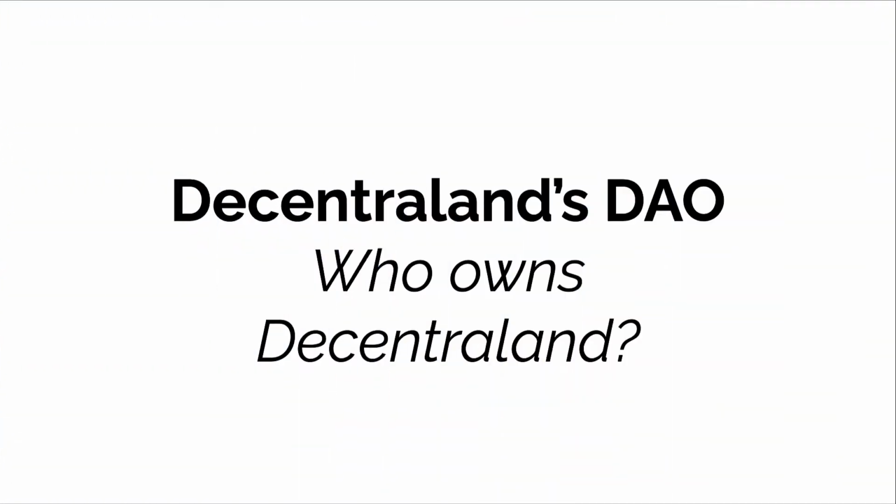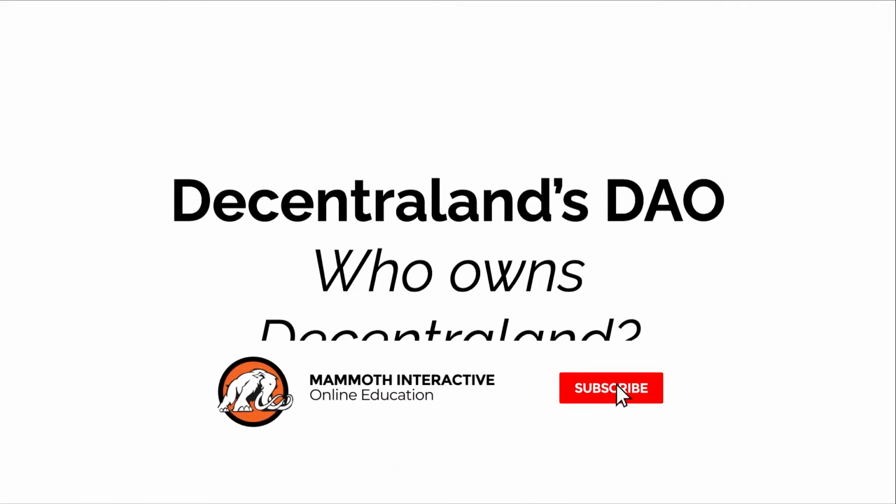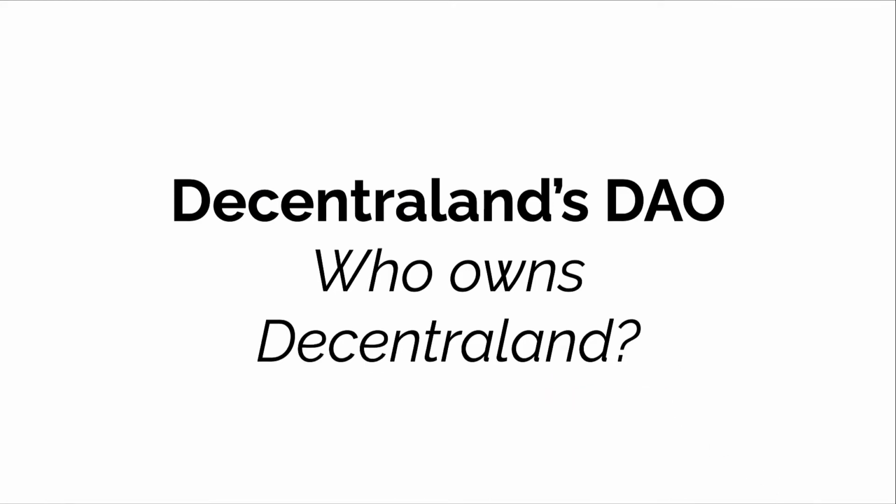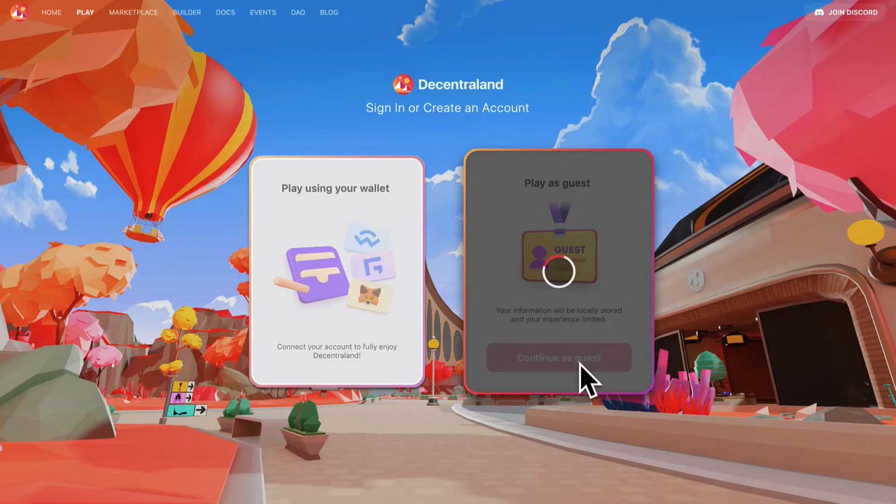Hello everyone and welcome back. In this lecture, we are discussing what is Decentraland's decentralized autonomous organization, DAO, also commonly called the Decentralized Autonomous Company. Who runs Decentraland? Who owns Decentraland? The answer is Decentraland runs itself and no one owns Decentraland. It is a decentralized entity and a decentralized organization, meaning that the blockchain smart contracts run Decentraland, and the community, whoever interacts with these smart contracts, they own Decentraland and they govern it.